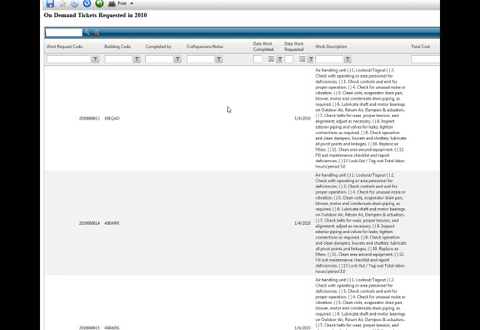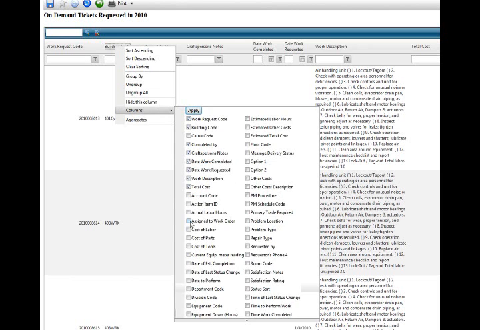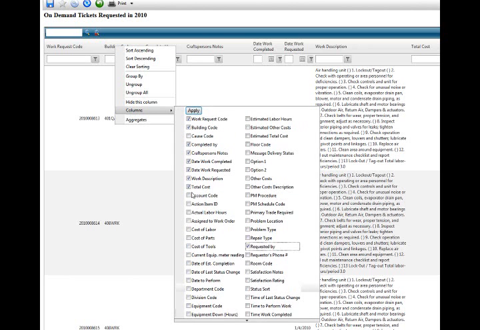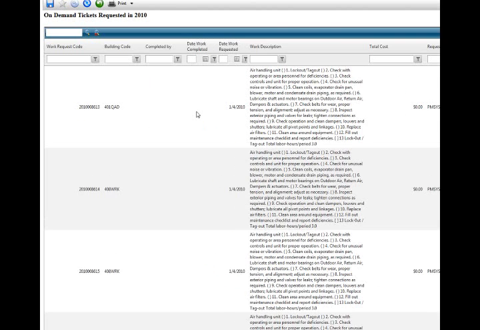Just right-clicking on any of the headers gives you a menu that allows you to do a lot of different things. In this case, you saw we hid our cause field. So you can hide individual columns. You can see that we can also come in and list all of the columns available to us. And so you can check and uncheck fields here that will allow you to do a couple of things at once. So we hid a field, we showed a couple of fields.